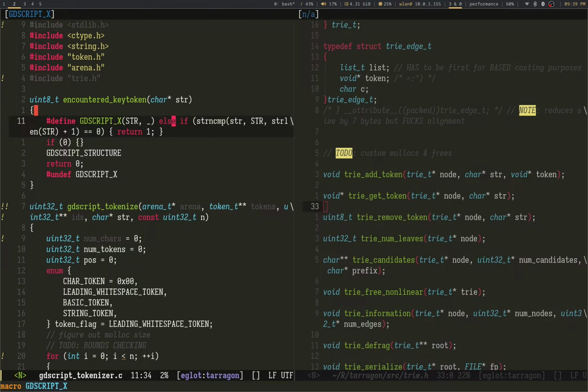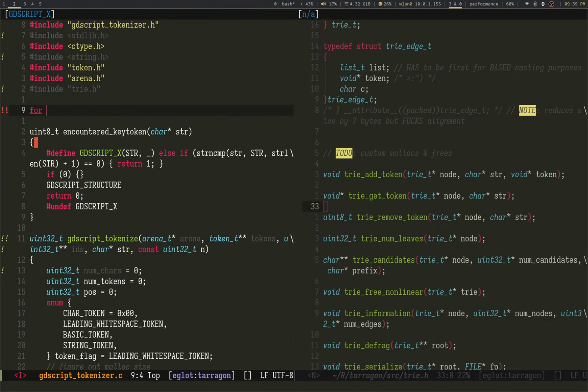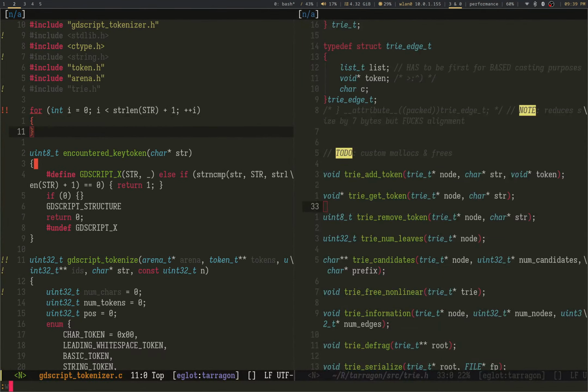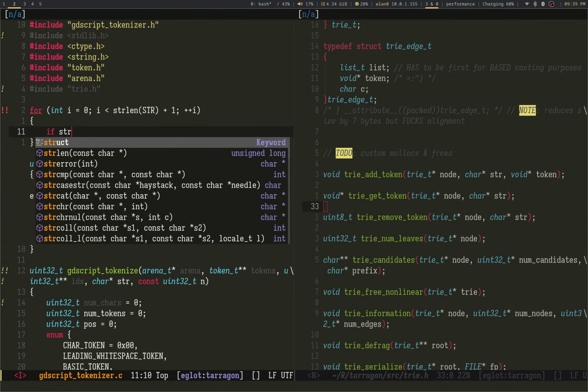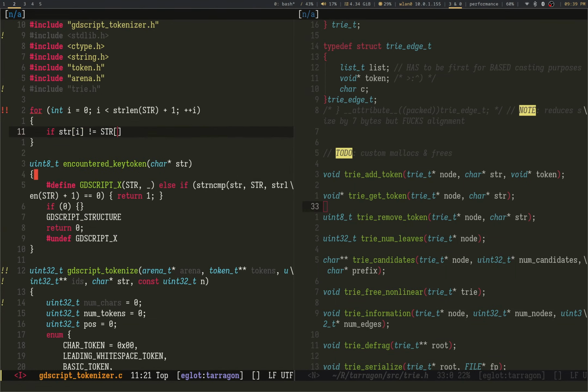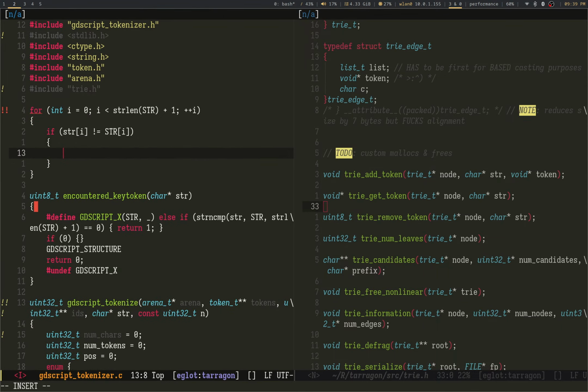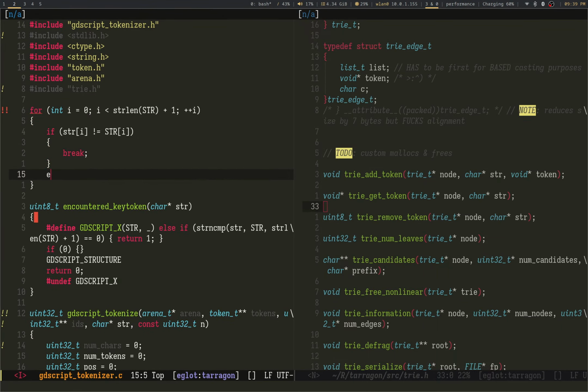No, this can get a little faster. Stir +1 plus I. If stir I, then goes stir I. Break, else.